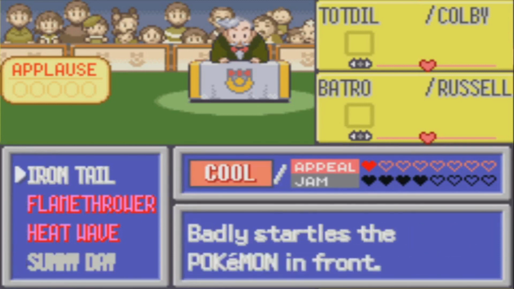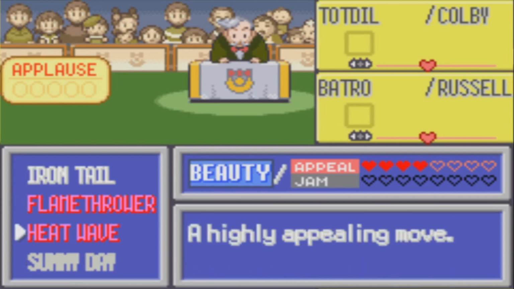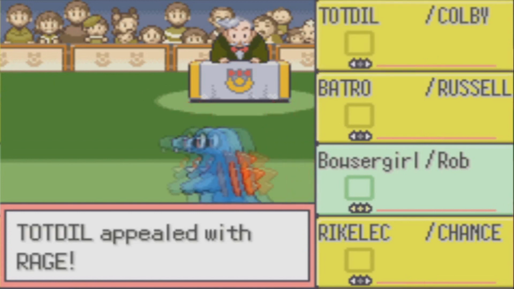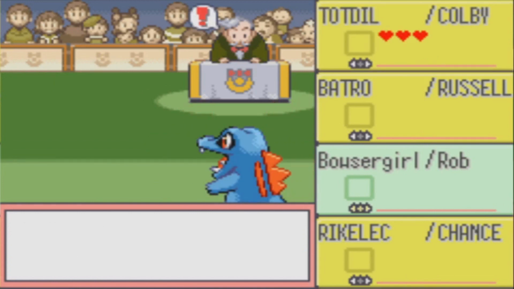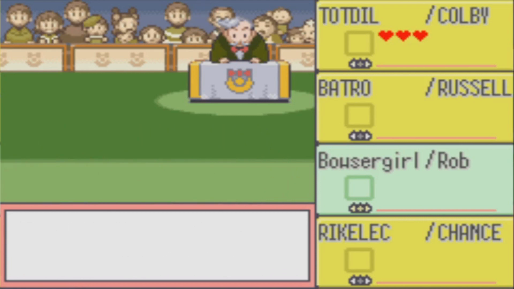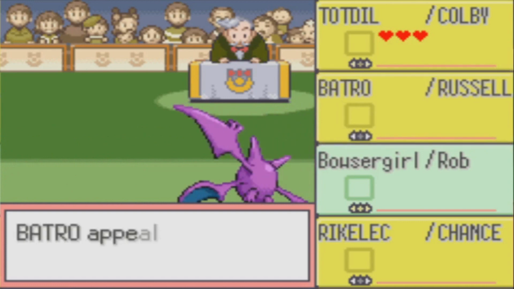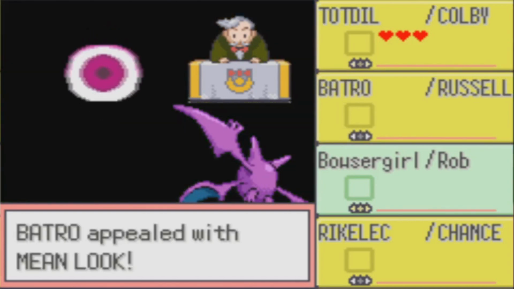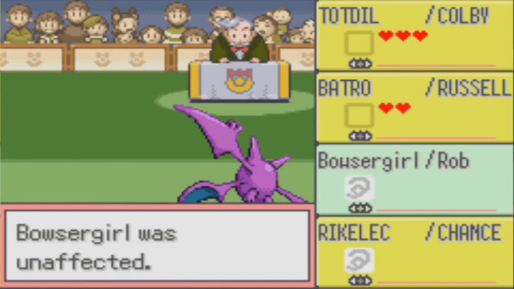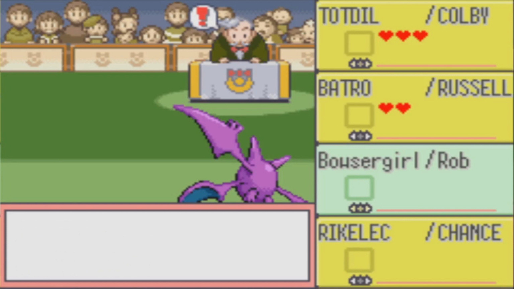I can't use these two anymore, I guess. Actually, I can't do Sunny Day. Okay, I'll just use Heat Wave again. Yeah, Bowser Girl did really good. But this was also the easiest of the contests, so...